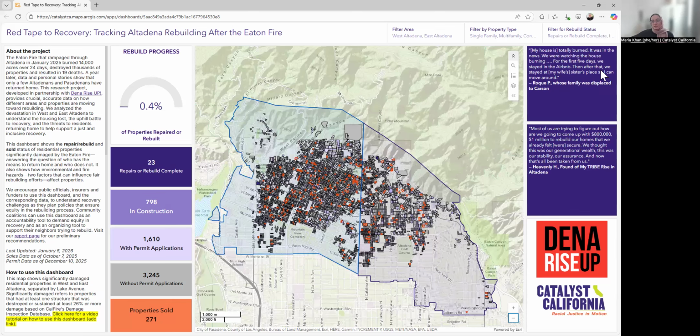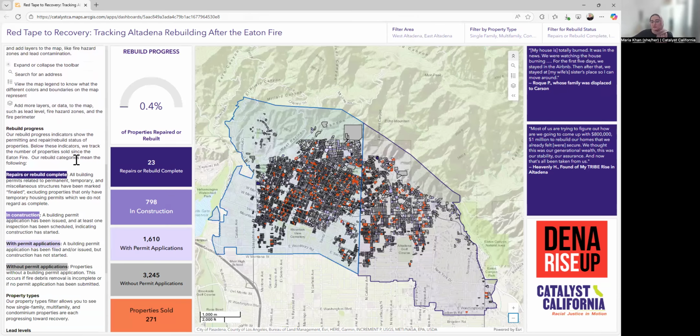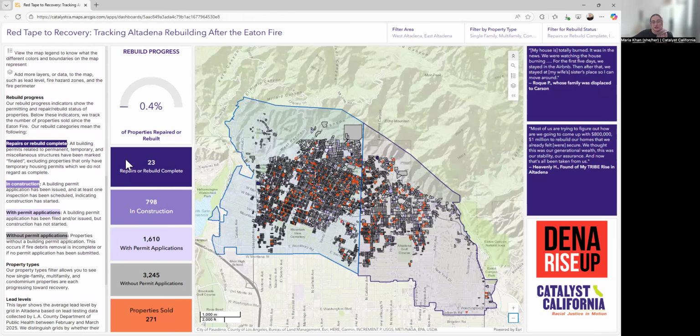Looking at the data dashboard in front of us, on the left-hand side over here, the first panel describes this project in detail and gives some basic instructions. The map in the center shows significantly damaged properties. If you scroll down, you'll see an explanation of the numbers in the boxes in purple, gray, and orange, and our progress chart. For example, almost 1 year after the fire, we see only 23 homes, less than 1%, have been repaired or